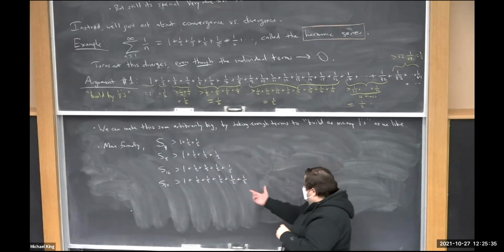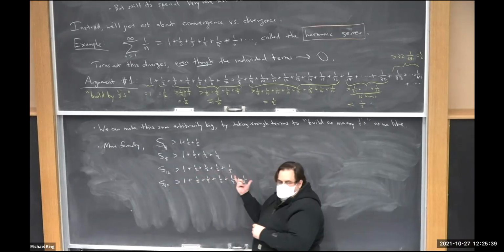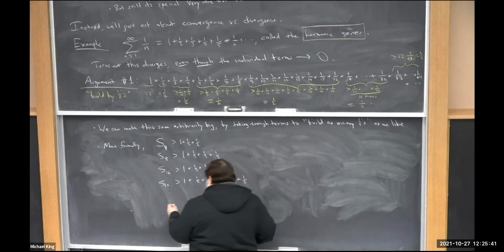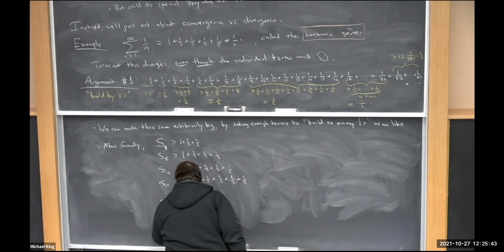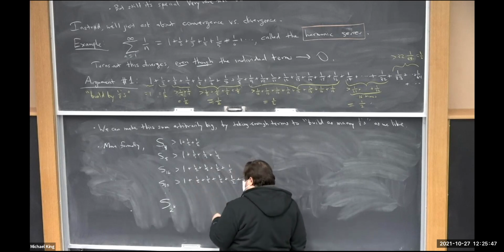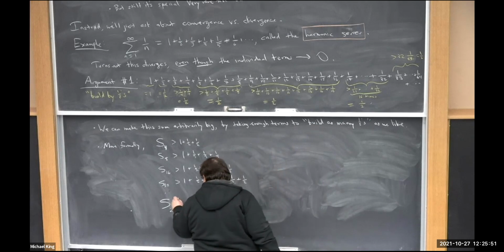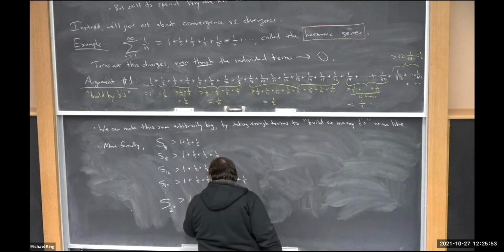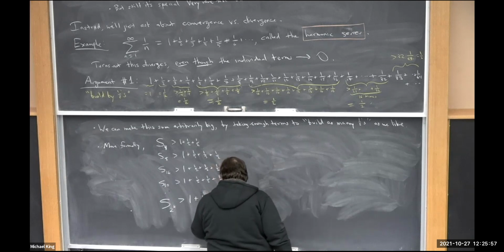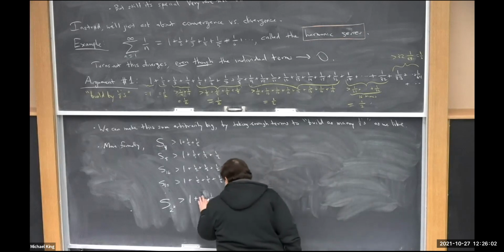And so there's 5 of these, and this is 2 to the 5th, and there's 5 halves here. This is 2 to the 4th, and there's 4 halves here. So I think you could sort of argue that S sub 2 to the k, not the kth partial sum, but the 2 to the kth partial sum, if I basically add the series up to 1 over 2 to the k, that's greater than 1 plus k over 2, 1 plus k times a half. Right, I think that's kind of the general